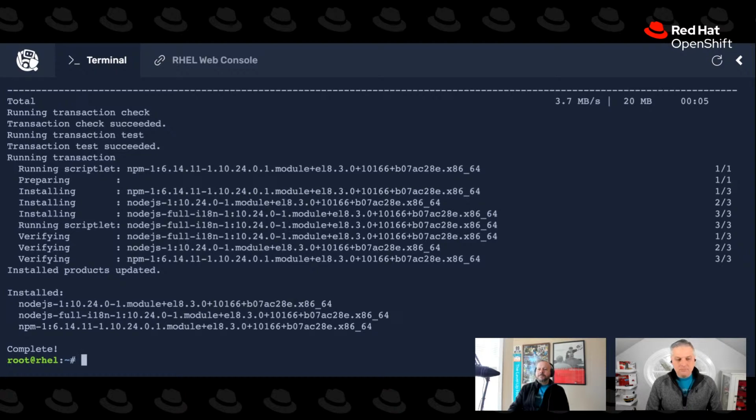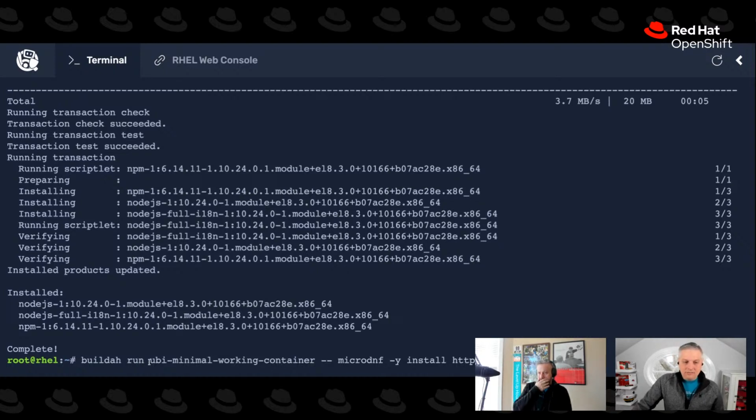Okay, if we were using minimal, it's smaller, and it includes not the full DNF package manager, but instead one called micro DNF. So very similar command. I'm not going to do Node.js. I'm going to do Apache. All right. So the command that we're looking at is the same thing. We're going to run inside of our container. This time I'm choosing the minimal working container that was created when I downloaded it from the registry. And now instead of using regular DNF, I'm going to use micro DNF because that's the package manager included in the